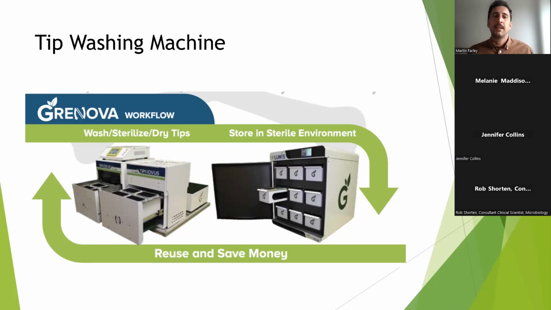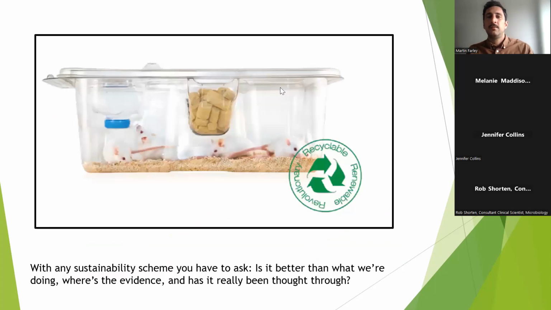But I wanted to put that caveat because what I'm trying to say is that in purchasing, we have to use this critical thinking to say, you know, is something better or worse? Now, this is an example of somebody on the bad, and I always use this example. This is essentially a mouse cage, and I know you don't work with mice, but I just really like the example because it's a single-use mouse cage, and it was marketed as more environmentally sustainable.